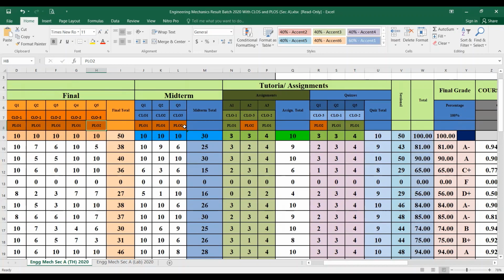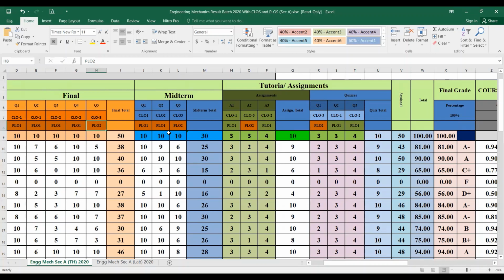And then obviously the midterm total, final total, and then the assignments. So let's come to the assignment. But keep it in mind what you have to do in your course outline and CIS. Try to make all the assignments, quizzes, midterm questions, and final exam questions be in the sequence according to the CLO1, CLO2, CLO3. Or if you have four CLOs, so obviously CLO1, CLO2, CLO3, CLO4.